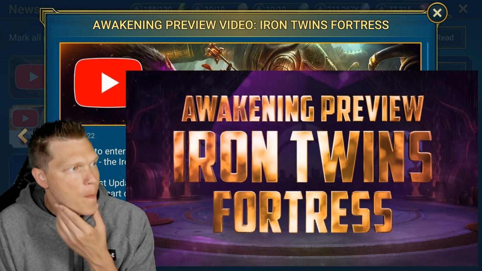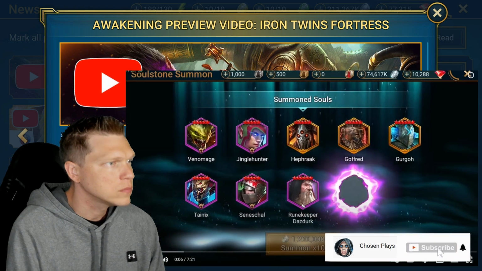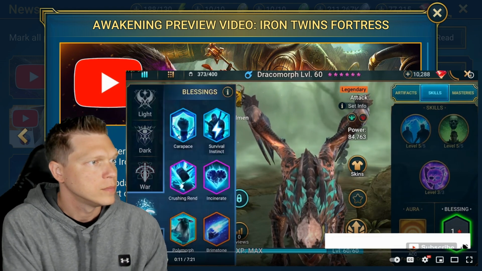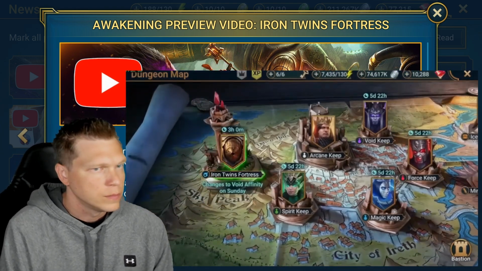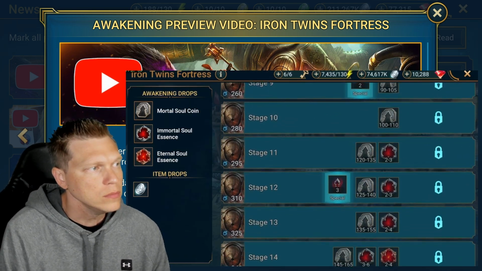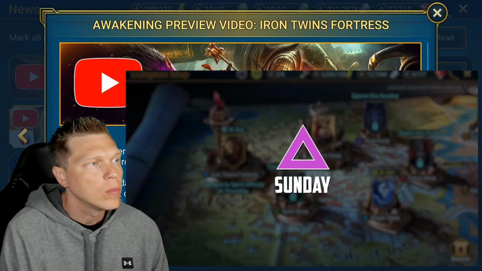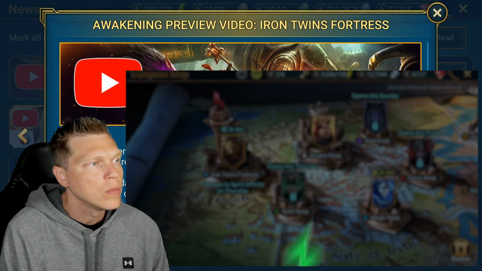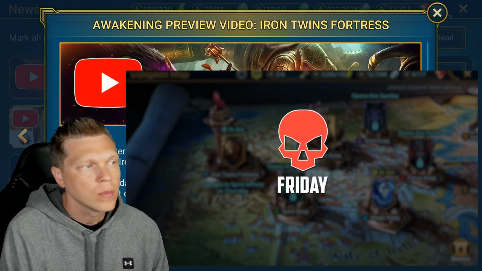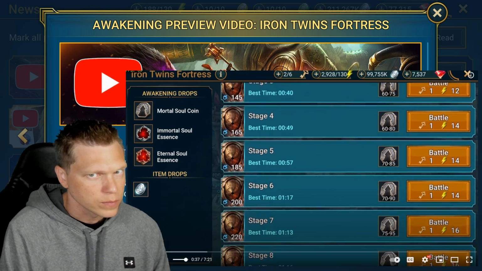Hello, everyone. Welcome to another episode of our update preview series dedicated to Awakening. Our last episode discussed the new mechanics of summoning souls and getting blessings for your champions. And today, we're delving deep into the Iron Twins Fortress, a new dungeon where you'll earn the soul coins and soul essence needed for Awakening. This imposing fortress works a little differently to other dungeons. It's divided into the 4 affinities, with its affinity changing each day. Like with the affinity keeps, there will be a set schedule for each day's affinity, meaning you can plan your siege ahead of time. Each affinity will have 15 stages at launch, and your progression...